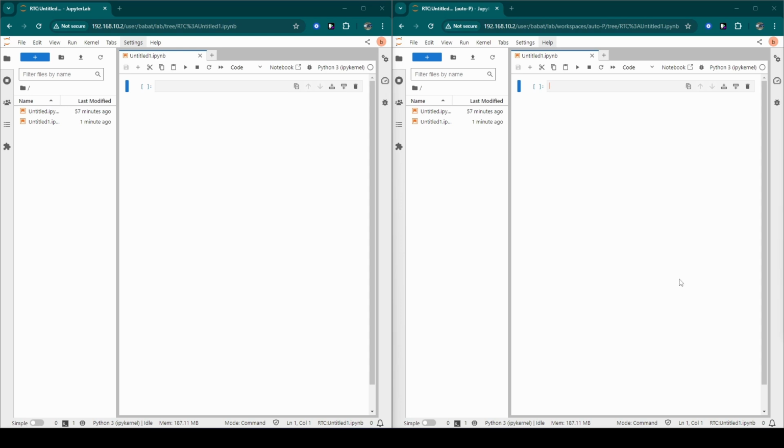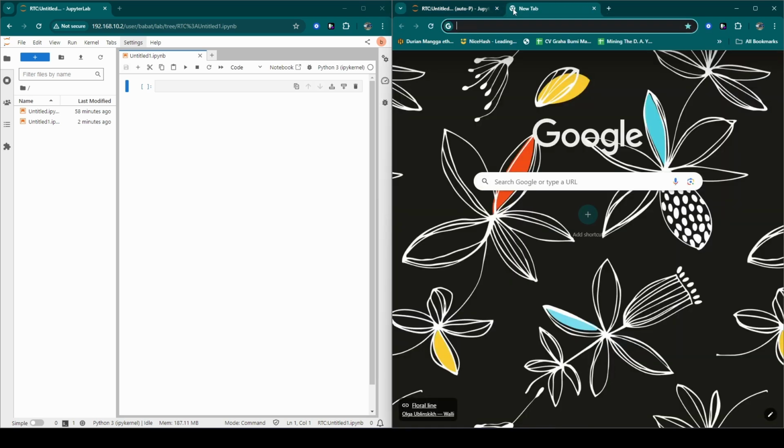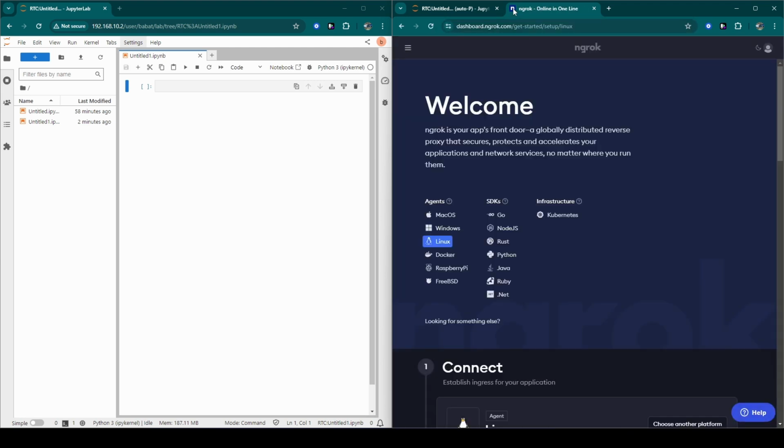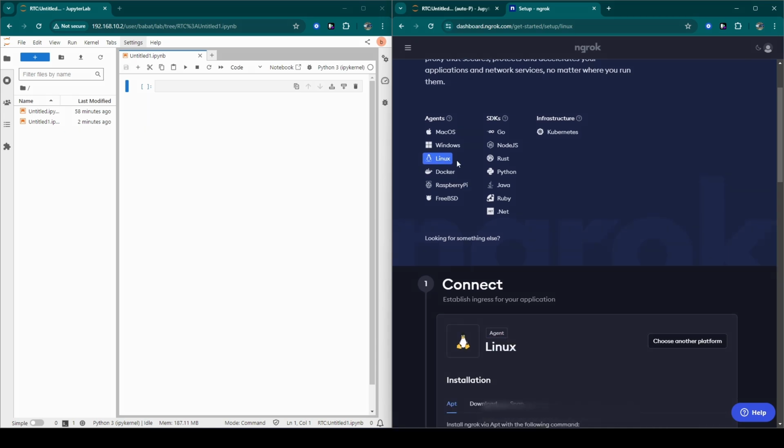After we successfully install the collaboration for the team and for your friends, we can install ngrok to expose this notebook to the internet. So open ngrok, and we choose Linux because we are in WSL.